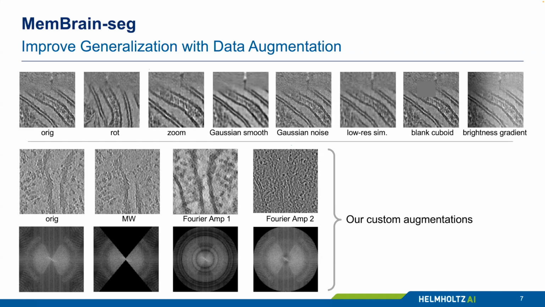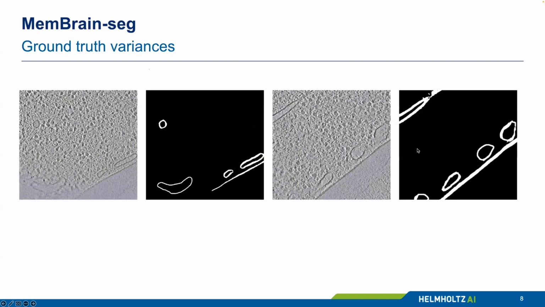But as I also said, we collaborated a lot with the community to gather more training data from different labs. And one thing is that it's sometimes not super consistent among annotators how they annotate the membranes. So this is one example where you can see that even within a single patch, the brush size of your annotations can vary a bit. Here in this left patch, you can see that it's a very thin segmentation only, whereas here is a much thicker segmentation, even though it should be pretty much the same size of the segmentation.